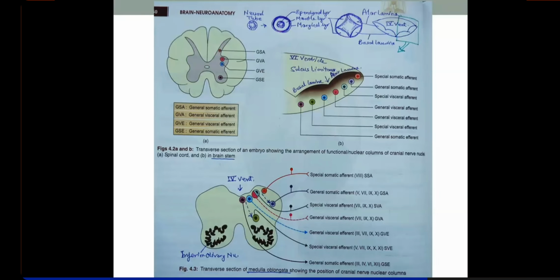So if you're talking about the gustatory sensation, think about the tongue, the nerve supply, the special taste sensations of the tongue. The taste sensation from the anterior two-thirds of the tongue, except the circumvallate papillae, and also taste sensations from the hard palate will be brought in through this facial nerve. Okay?